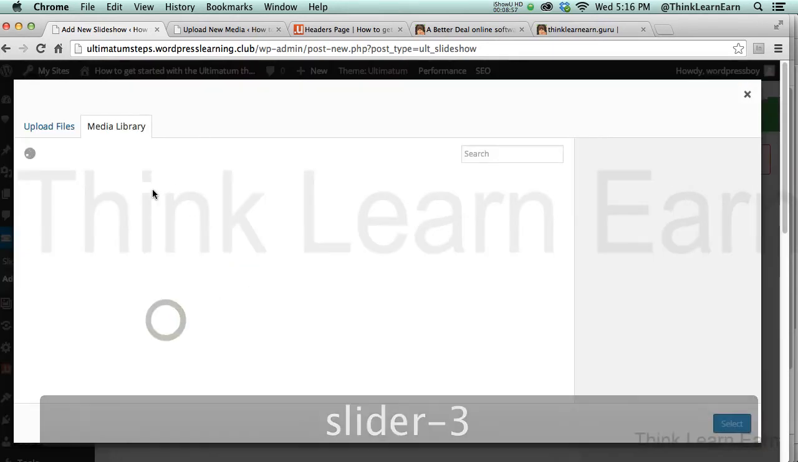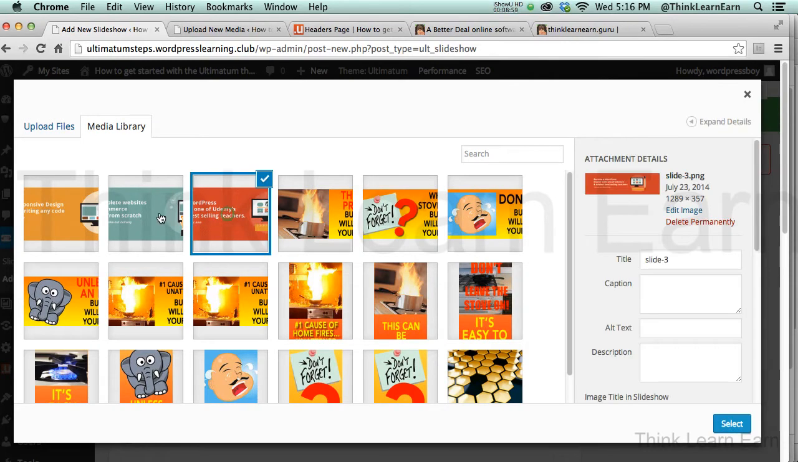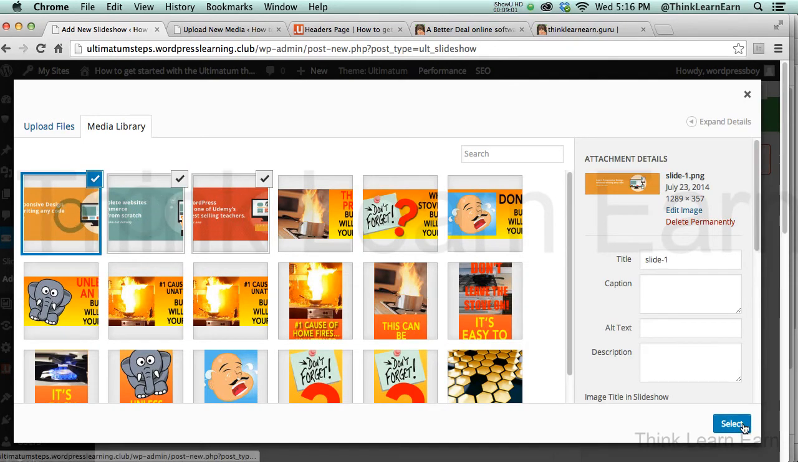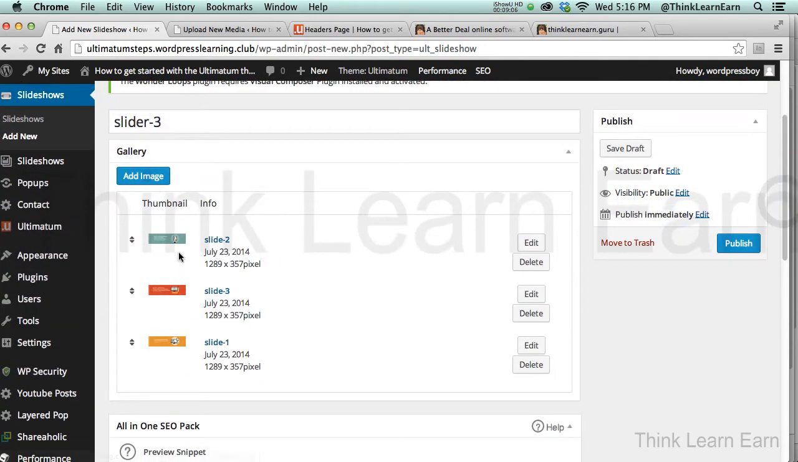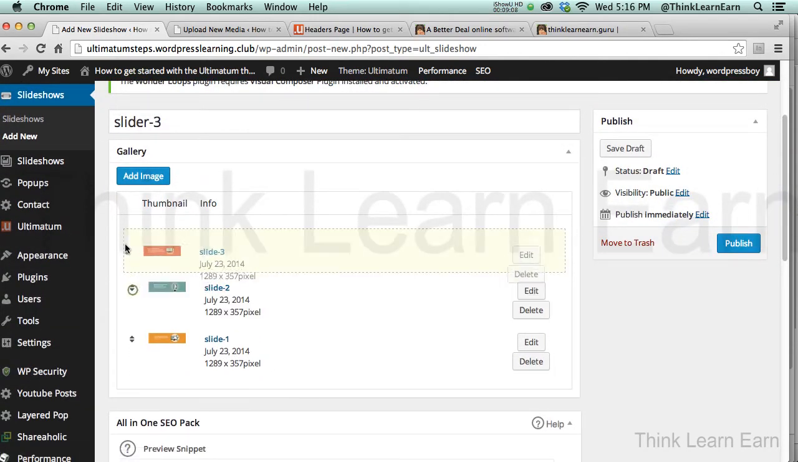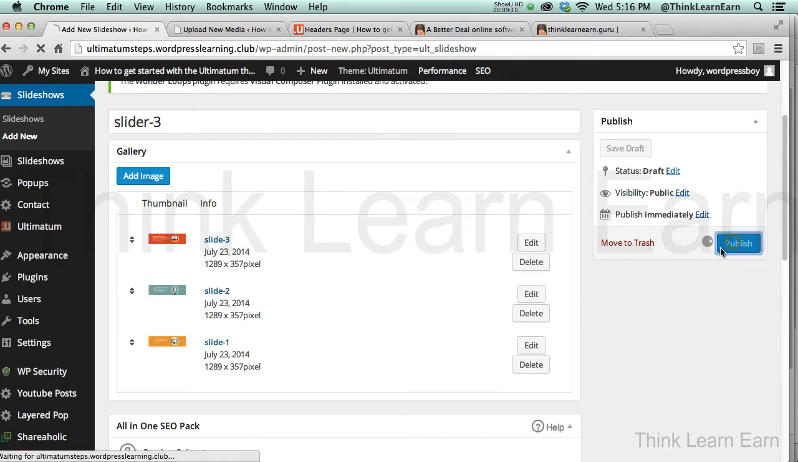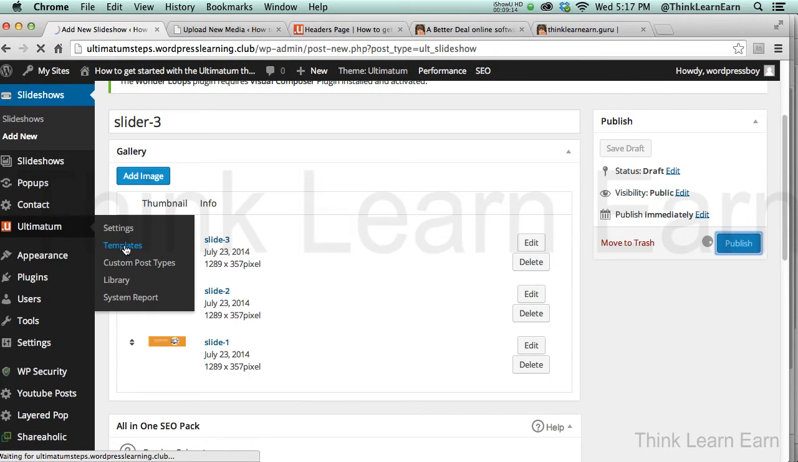Add new image. Now again, I'm just doing this as a for instance, but I'm just going to add the same bit of images, and I'm just going to change the order. So I'm going to have this slider, I think, appear first, correct? If not, we'll change that. So that's slider 3. So if I go back to the Ultimatum theme template,